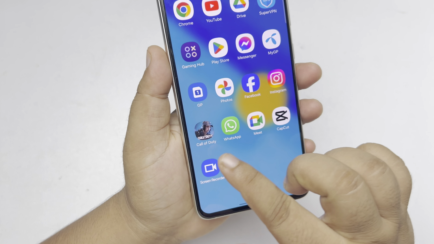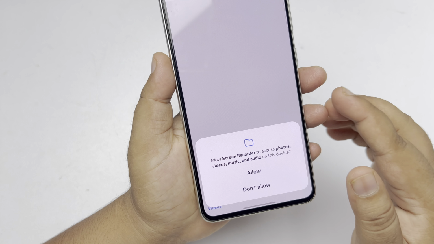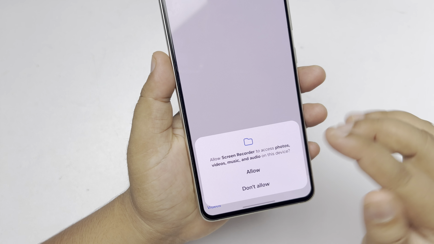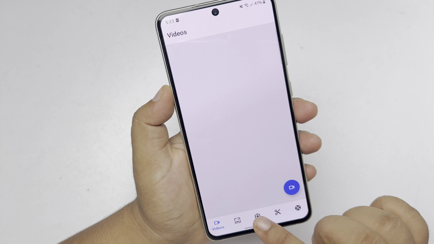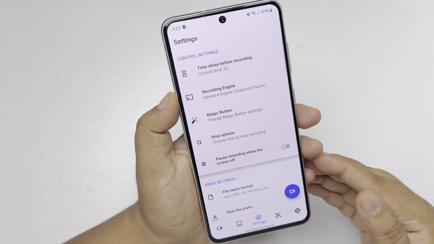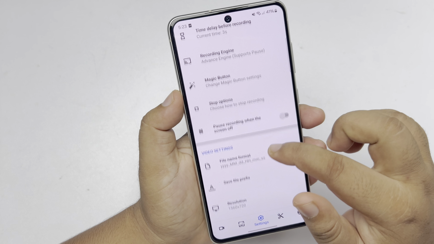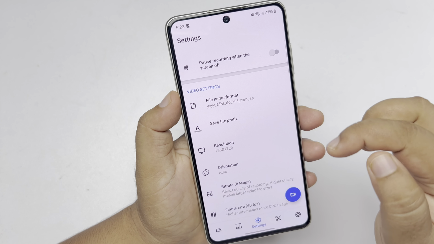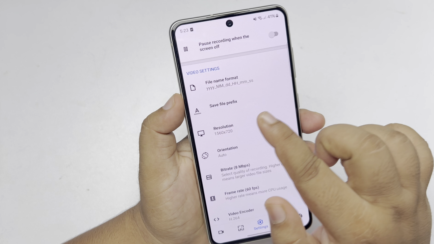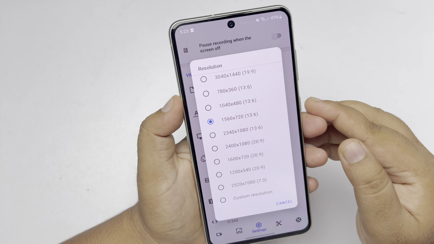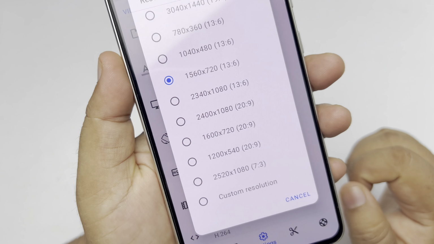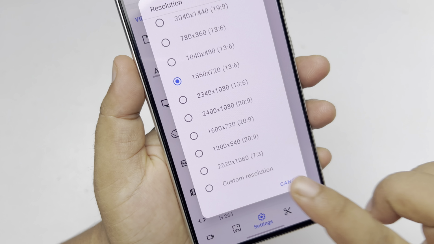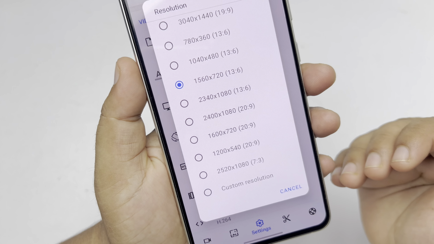Now just open the screen recorder and now you have to allow permissions. Now just tap on the settings and here you have to scroll down and under video settings, first of all tap on resolution and here you will find this 4K resolution. Just select this resolution, or if you want to